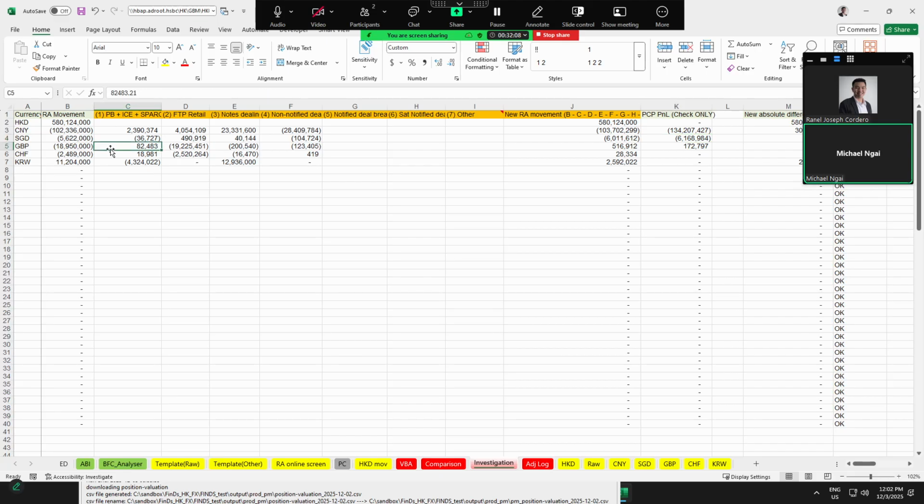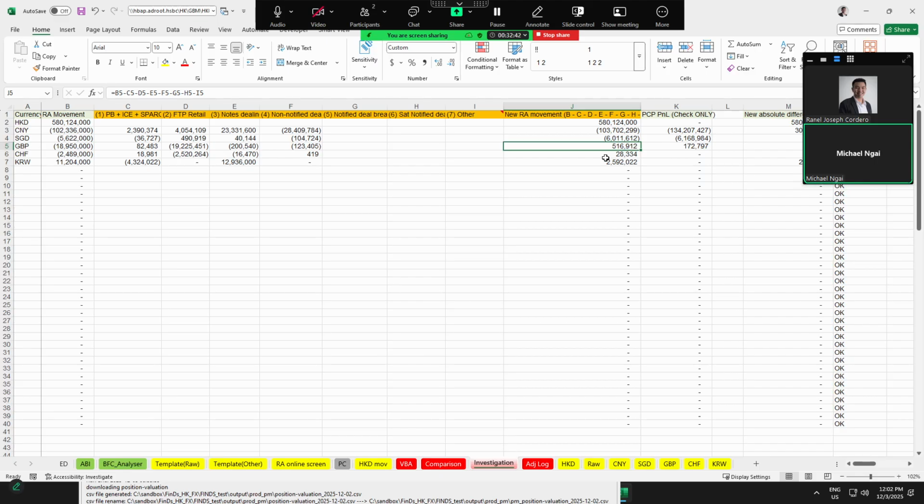The investigation tab tries to exclude other drivers to get a new RA movement that is more reflective of the MSS P&L. After excluding all other noises, we have Singaporean dollar, British pound, and Swiss franc fully explained by the MSS P&L with the new RA movement.